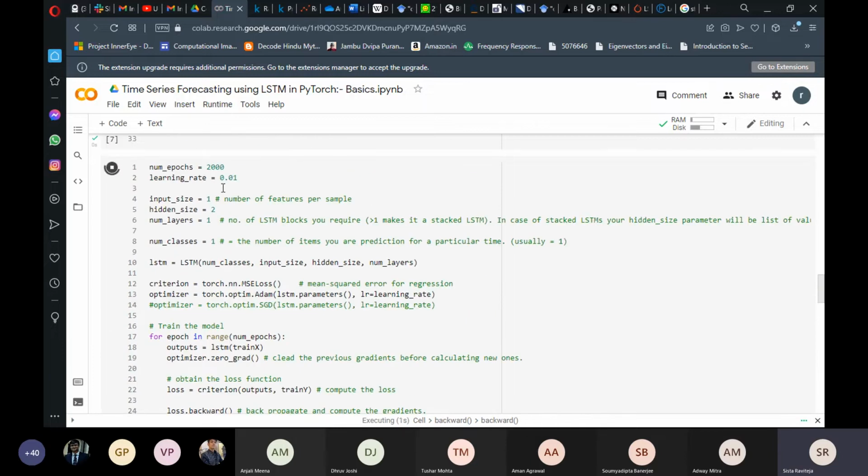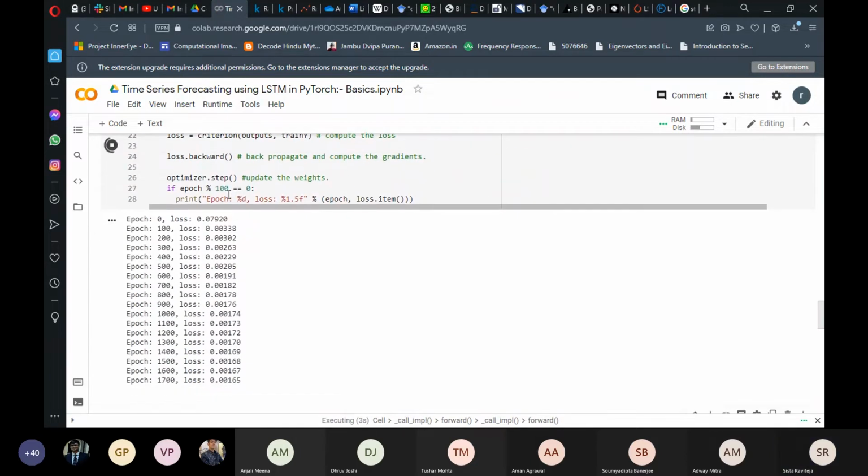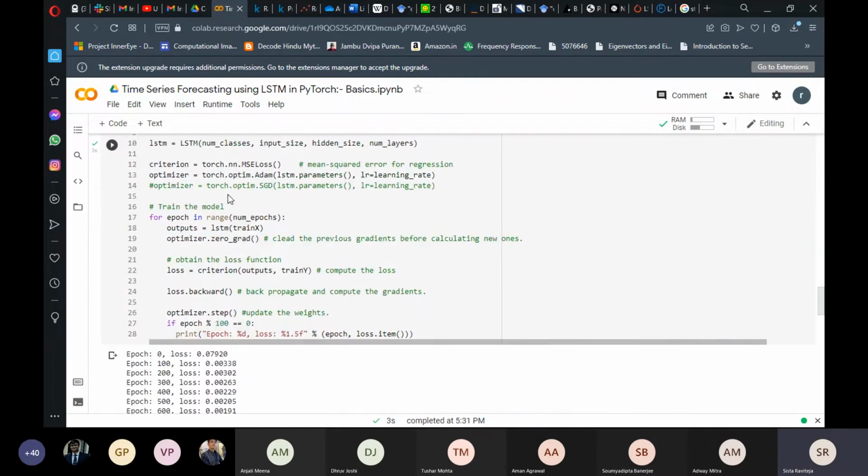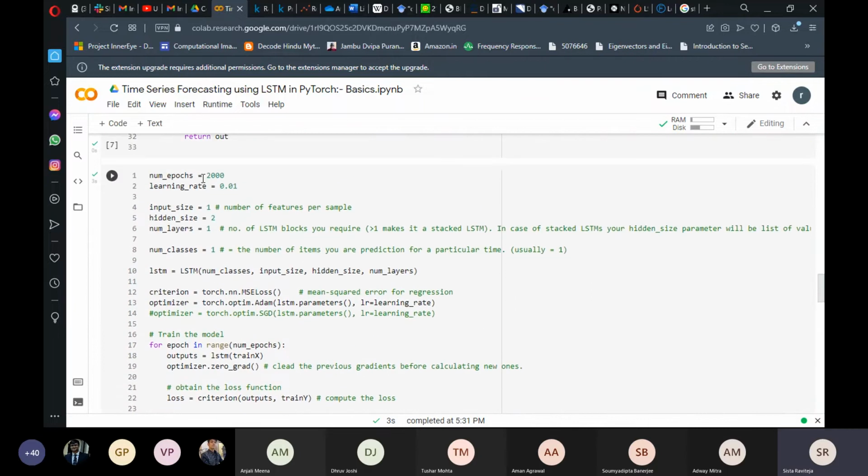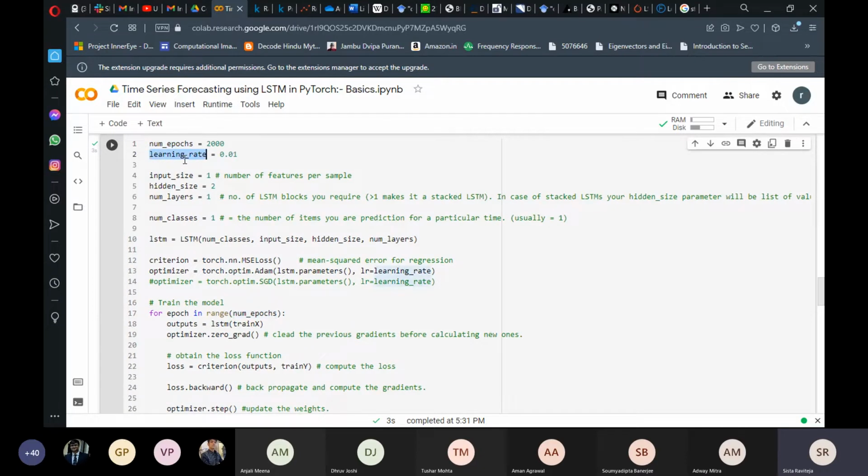And you see, here I have just run the training. Since I have run it, you will see what we are doing here. Number of epochs is how many epochs you are going to run it for. Then the learning rate is usually the step size you take during gradient backpropagation: gradient updation, weight updation, the amount of step you are going to take towards the optimum value.